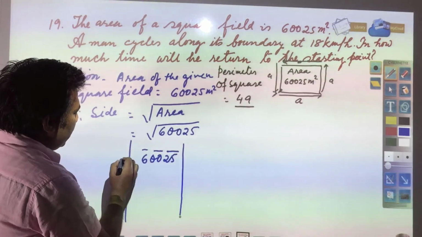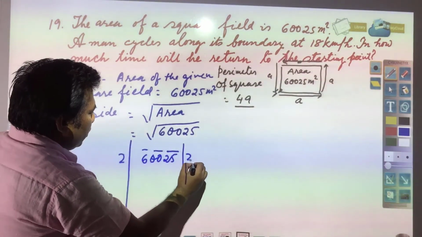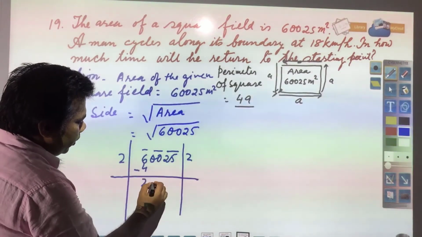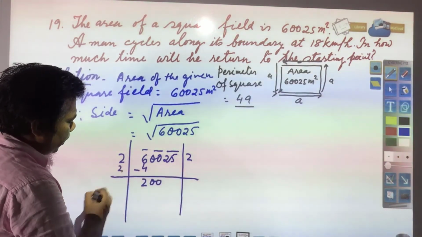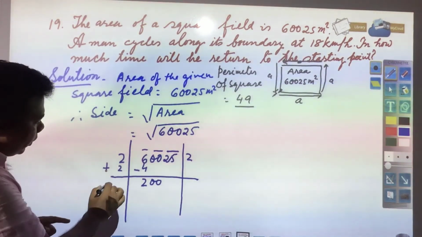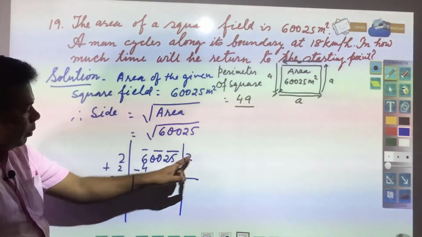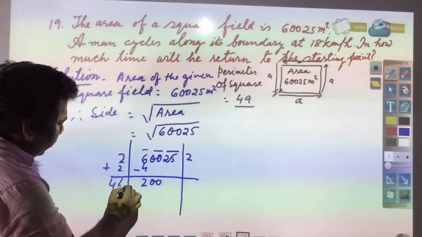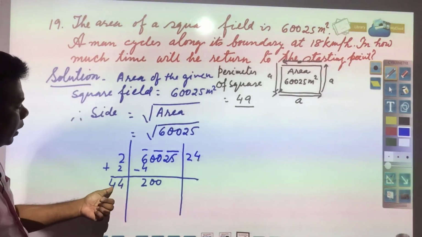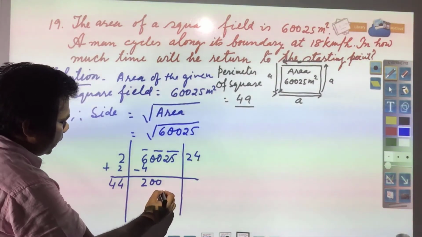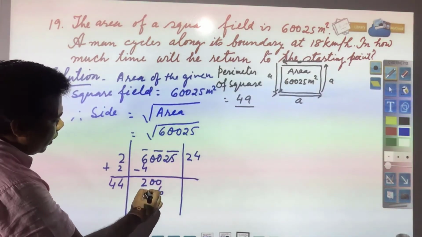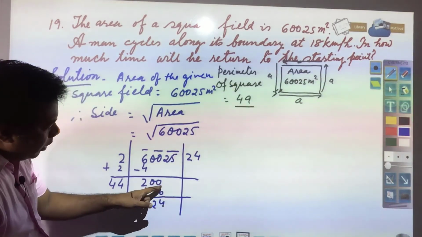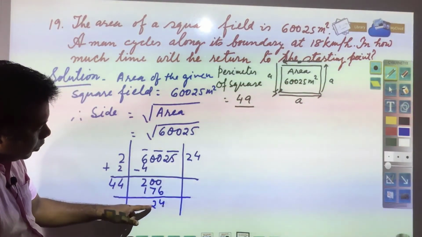Here you see 2 2 is 4, if you subtract you will get 2, next period you have 0 0, this 2 is required to be written over here, is required to be added, you will get 4. Now we need to see how many times it will go, so that we will get this number or about to this number. So it will go 4 times. If 5 times you are taking, it will be bigger than this. 4 4 is 16, 4 4 is 16 and 1 17. What you will get? 24. 10 minus 6 is equal to 4, 9 minus 7 is equal to 2.